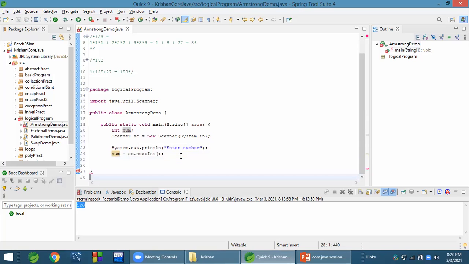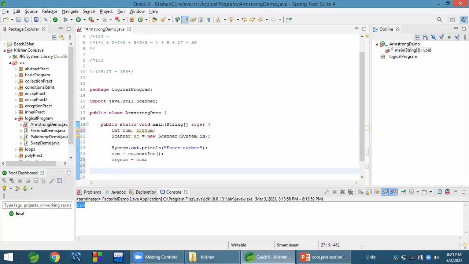Now let's calculate Armstrong, check whether it is Armstrong or not. How do we do it? First, we will store this number in orgnum. orgnum equals num.